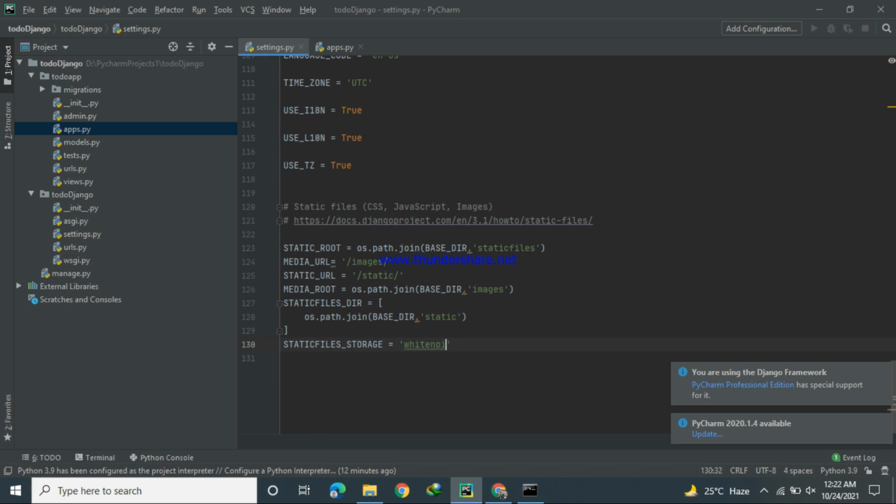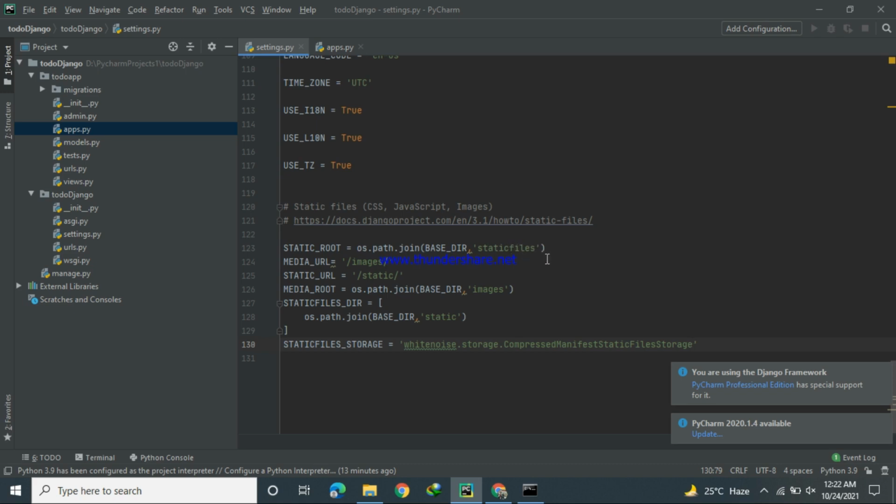This whitenoise will collect and compress all the static files from this folder and will store them in the static files folder.